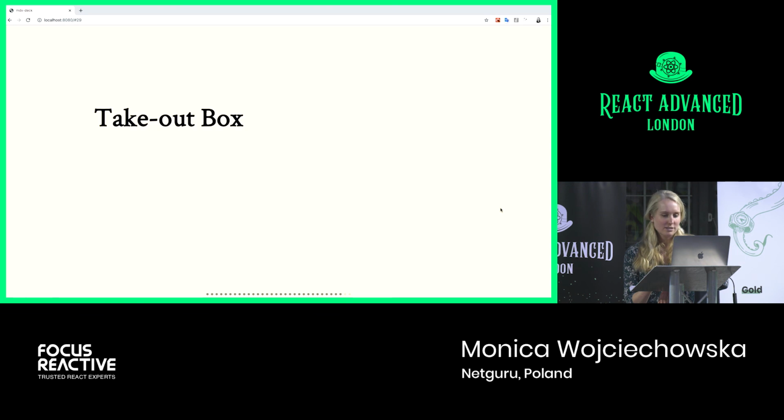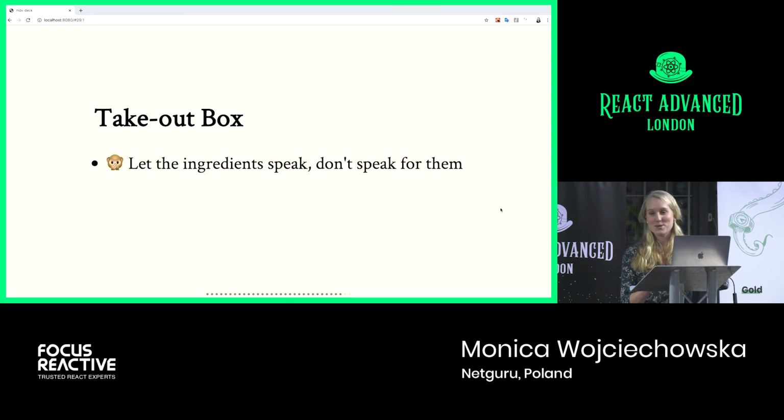And so to close, I wanted to leave you with a few takeaways that apply to code as well as cooking. And so the first is let the ingredients speak, don't speak for them. So I think there's a wrong approach and a right approach when it comes to cooking and to applying animation to data visualization. So the wrong approach would be, what do we want to add? So it's about us, it's not about the ingredients or the data. And then there's the right approach, what is this dish calling for? Or what is this data calling for? What animation does it lend itself to?